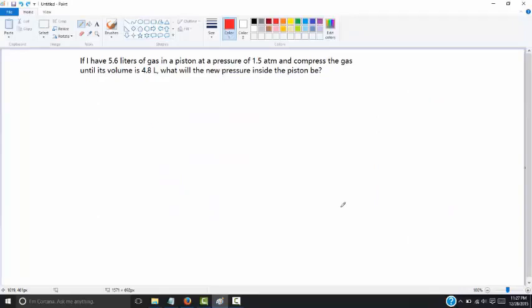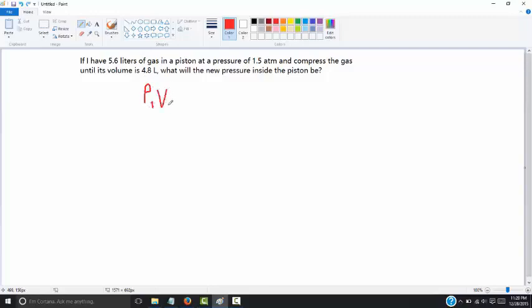If I have 5.6 liters of a gas in a piston at a pressure of 1.5 atmospheres and compress the gas until its volume is 4.8 liters, what will the new pressure inside the piston be? So going back to the Boyle's Law equation, you have